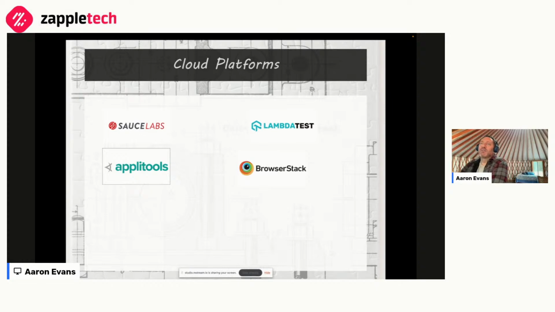What they really allow you to do is, number one, offload the ability to run your UI automation like Selenium against browsers and mobile devices in their cloud service. So now you don't have to have your framework know how to spin up Selenium servers, associate browsers, and keep different versions of Chrome and Firefox and Edge and Internet Explorer and Safari and whatever else you need.